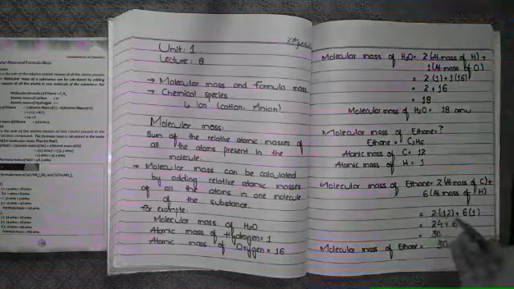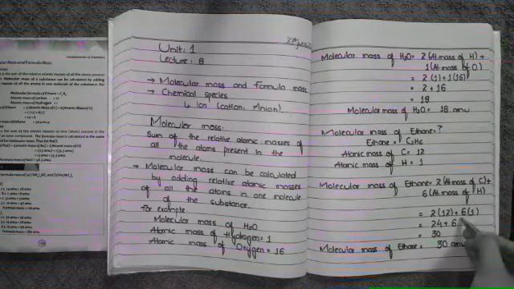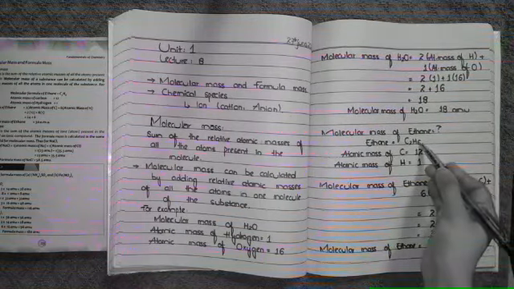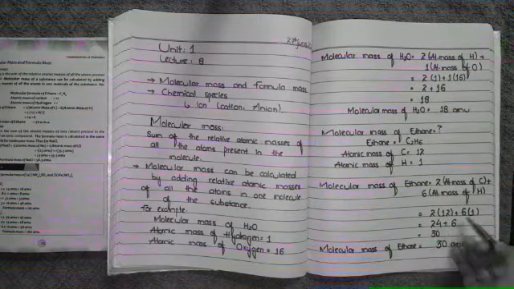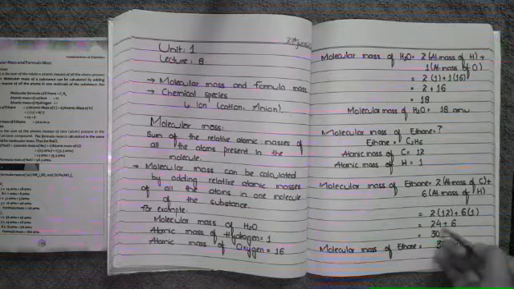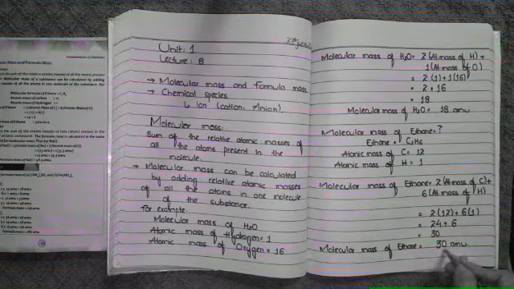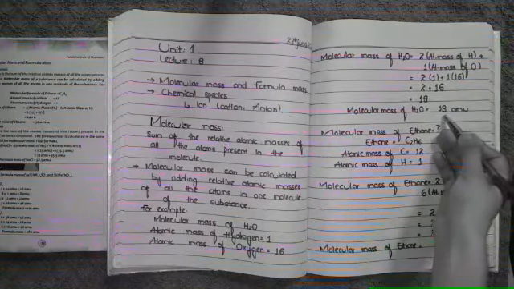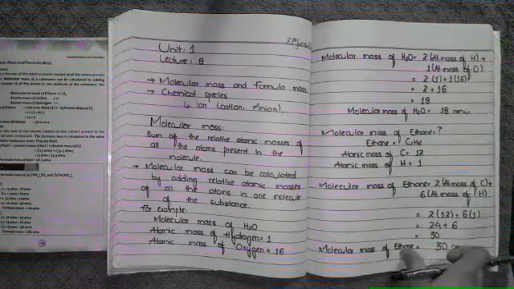So, in order to find the molecular mass of ethane, we multiply the 2 with the atomic mass of carbon and the 6 with the atomic mass of hydrogen. So, 2 into 12 plus 6 into 1. 1 is the atomic mass of hydrogen and 6 is the number of times this atom is present within that molecule. 2 into 12 we get 24, while 6 into 1 we get 6. By adding these we get 30, which means the molecular mass of ethane is 30 AMU. Now it shows the size of the molecule. You can see that ethane is heavier than the water molecule, as the number of atoms are different and the number of times an atom is present are also different.